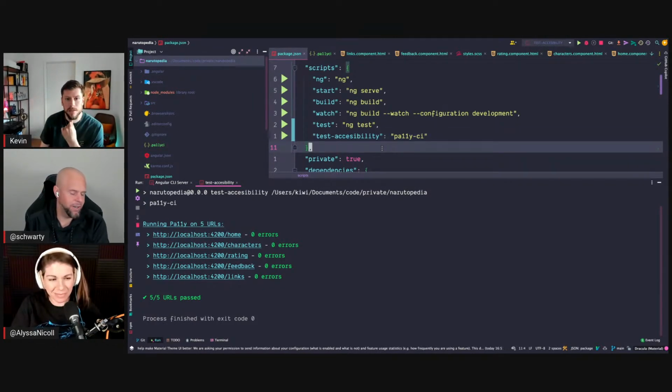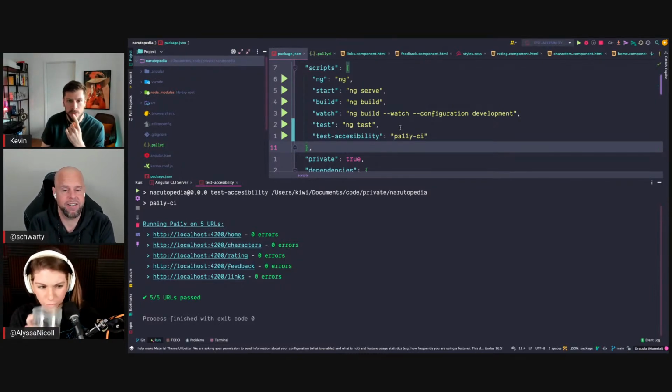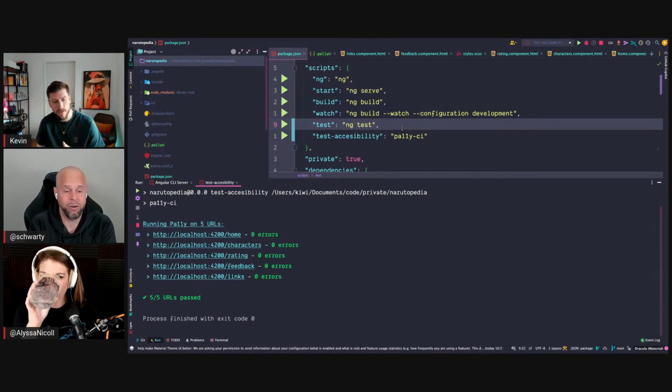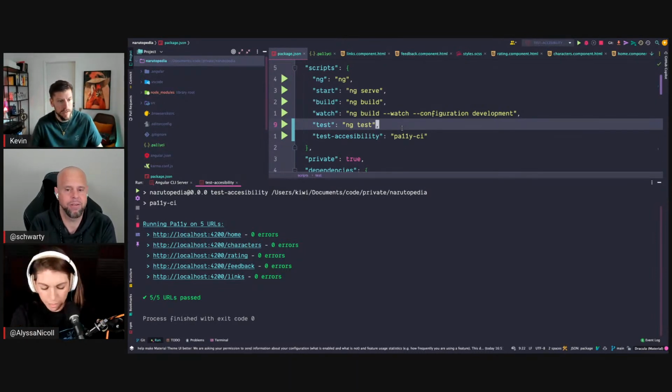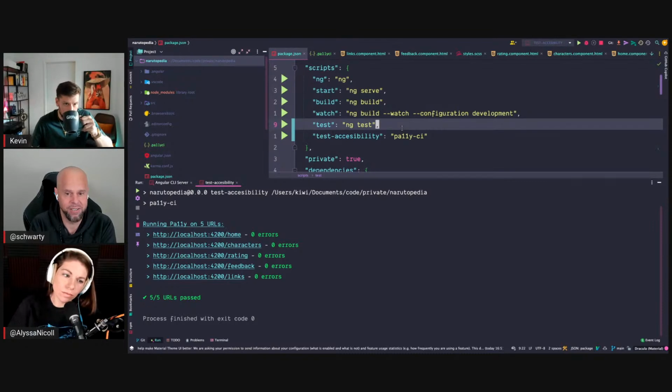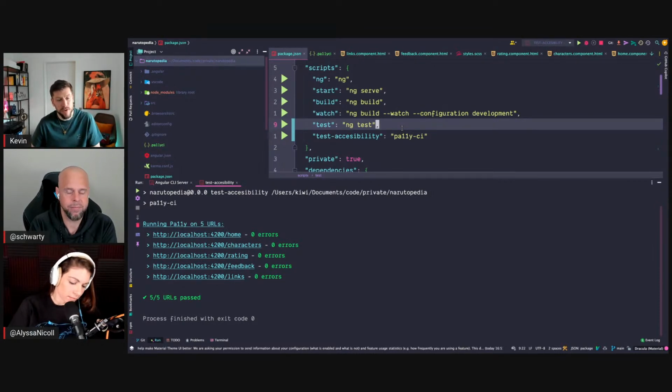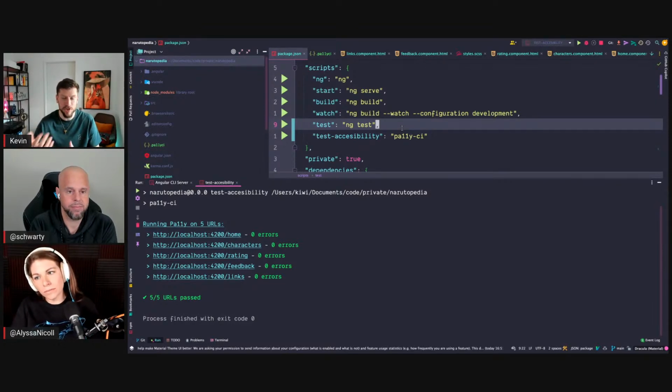But does it support doing a journey? Let's say you submitted that feedback form, and then you also wanted to check the results of the page that says thank you for your submission. If you want to do that whole user journey, are you able to do that through Poly? I don't think so, but what you can do is, for example, if you click somewhere and change the route params, you could also test that route, but it's not a journey that you can test.